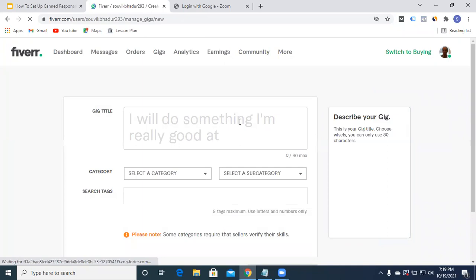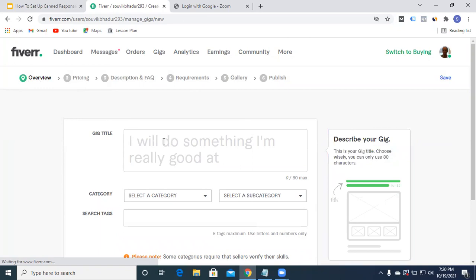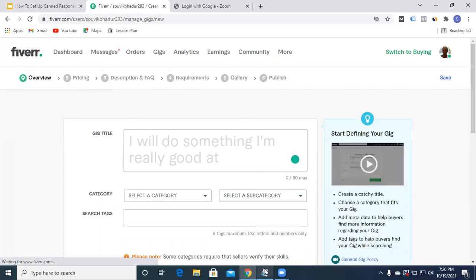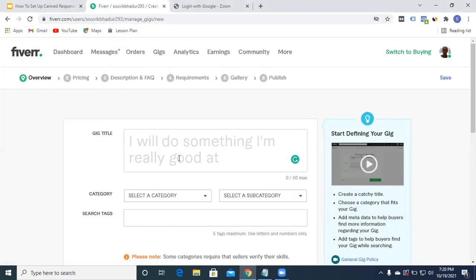Fine. So this is the first interface that we get. We have to complete all these steps that are given out here. We start off with the gig title. I have to write the details that I want to have for this particular gig. So specifically, I can type in something like,